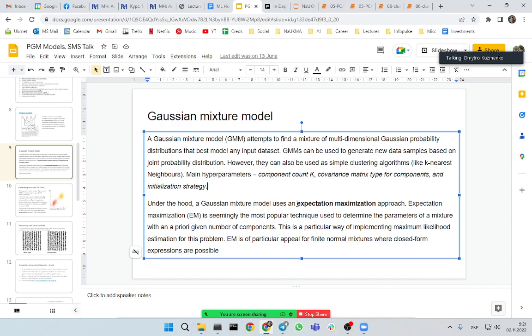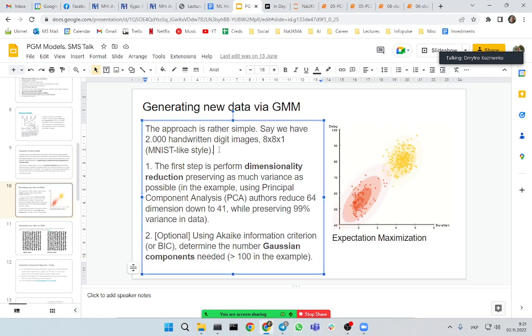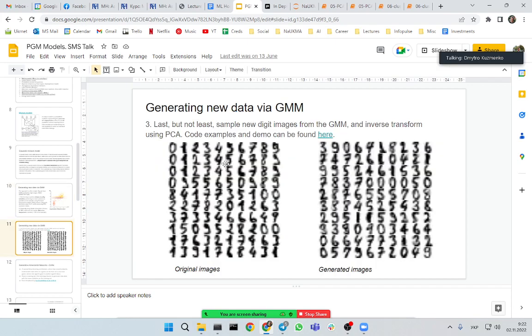And you can also read through some notes on expectation maximization. This is how the model is trained. This is something you'll need to reconstruct yourself in one of these home assignments: perform PCA or any dimensionality reduction, preserve variance, and then you fit the GMM with all that data. And once it has an adequate fit, with a certain amount of components, you can generate